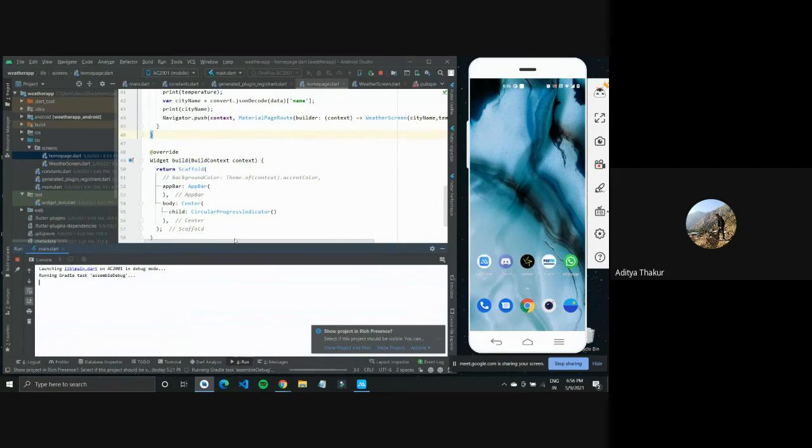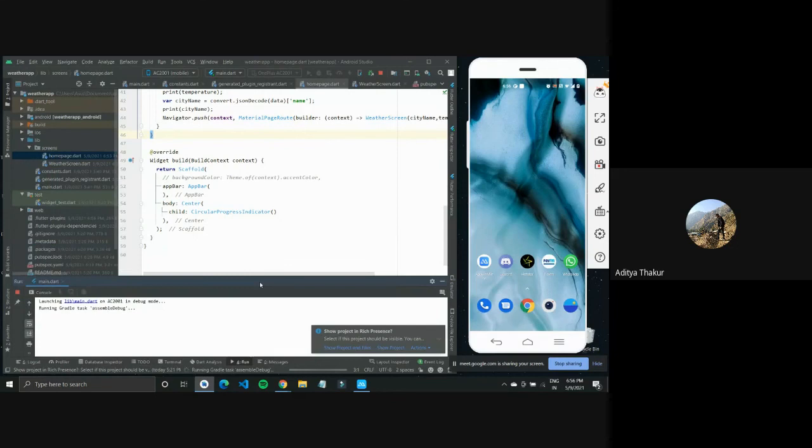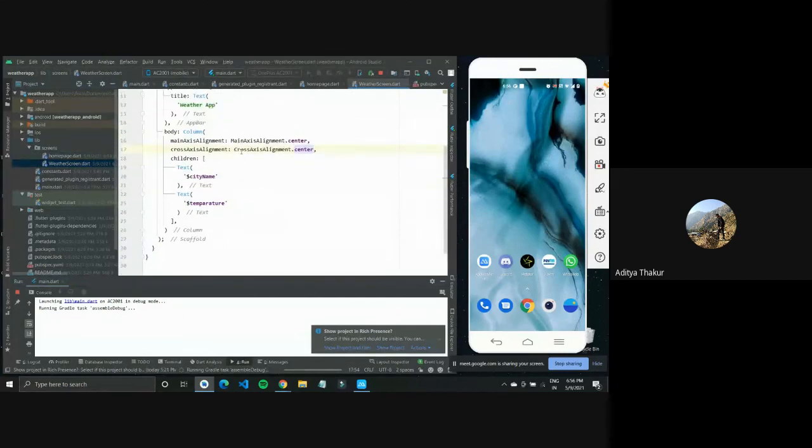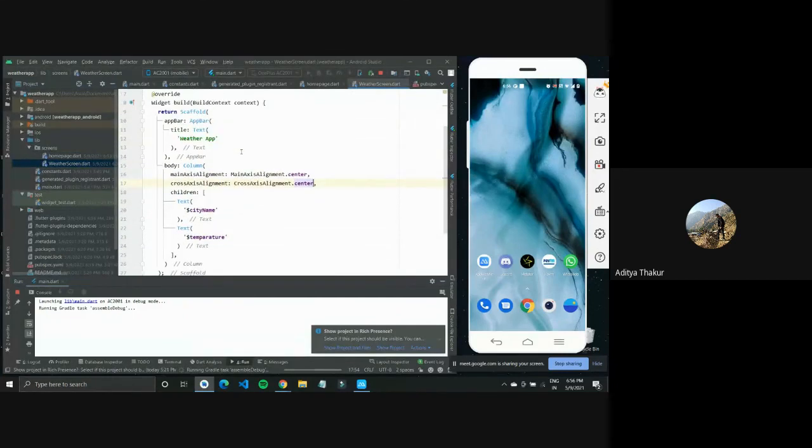So it could have been due to some error in getting permission. So let me try to uninstall and reinstall it. And if it gets done successfully, we'll have the city name and temperature printed to the weather screen.